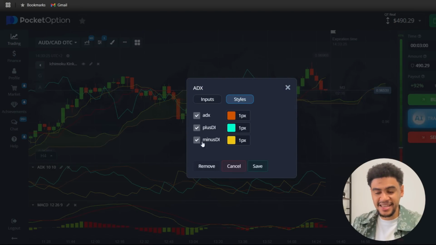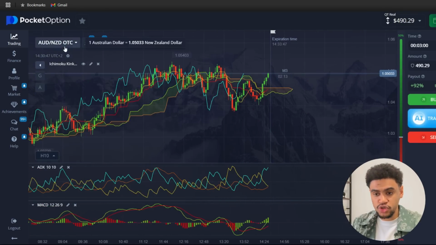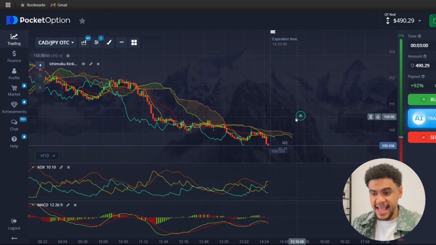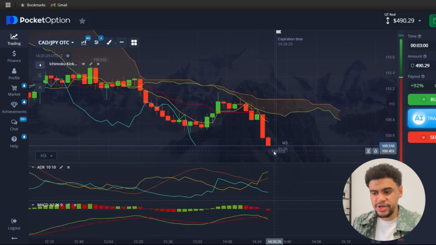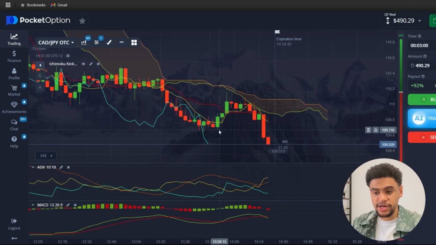If plus DI is above minus DI, that means that's an uptrend, and ADX is going to show you the strength of said uptrend. If plus DI is below minus DI, that means we are in a downtrend, and once again ADX is going to show you the strength of the downtrend. So pretty simple, but let's go on the chart, and I'm going to show you one of these in action. So here you have plus DI being below minus DI, so that means we are in a downtrend,